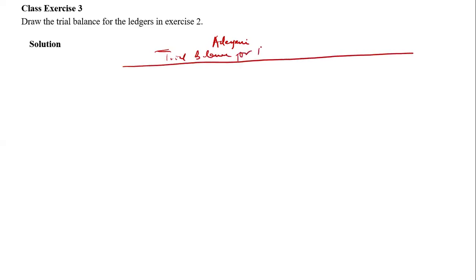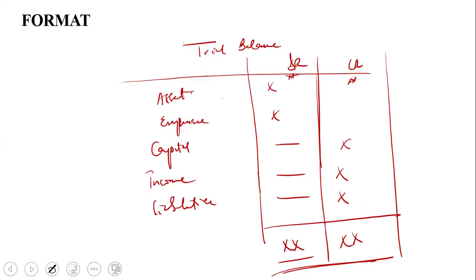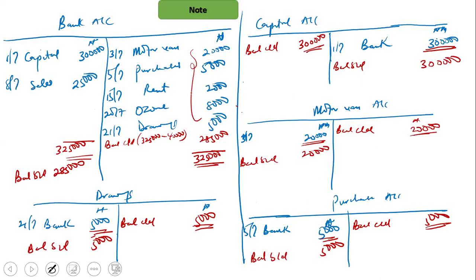I'm drawing the trial balance for the month of July. So we have our debit, we have our credit. So let's have it done like that. So fundamentally, we have Naira. So the first account we're going to have is our ledger. We'll go back there, let's look at it. Our ledger,